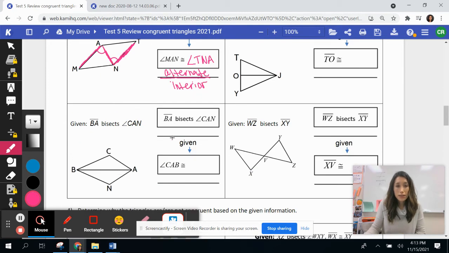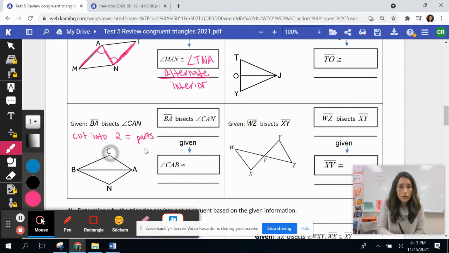Okay, now we have a bisector of an angle. So we can bisect angles and we can bisect sides. When we bisect, we cut into two equal parts. So this is a given. It should actually just say it on the line. This is given information, so I don't have to rewrite that there. That is leading us to know